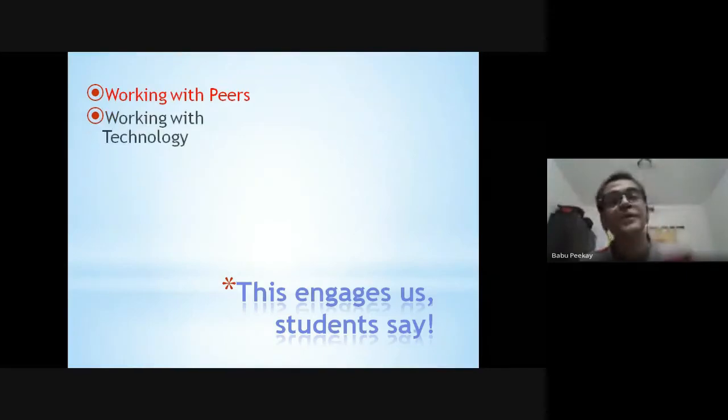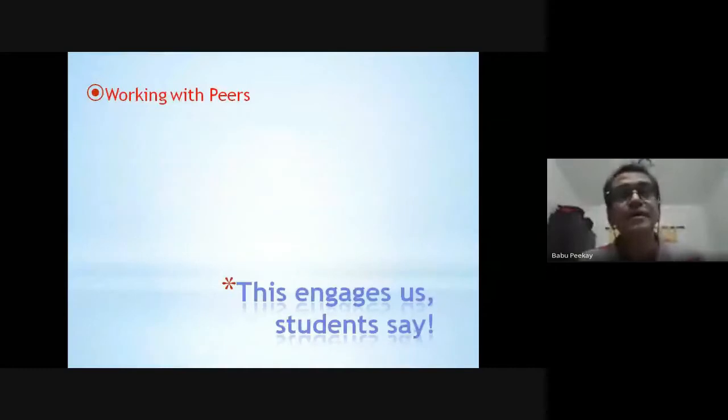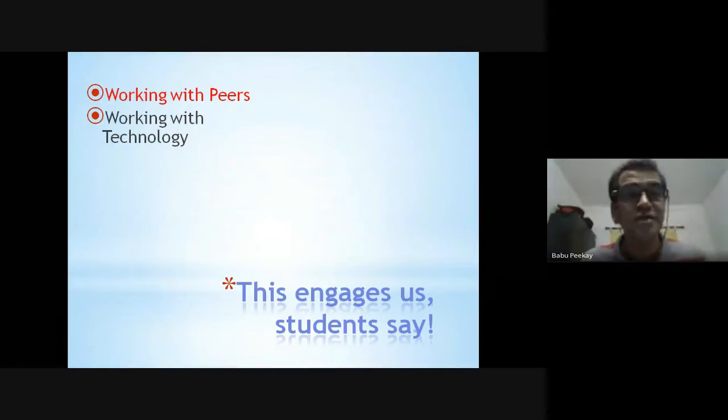They said working with peers, the opportunity to work among their friends and classmates, the peer group. Working with technology was the second thing they asked for. They would like classrooms